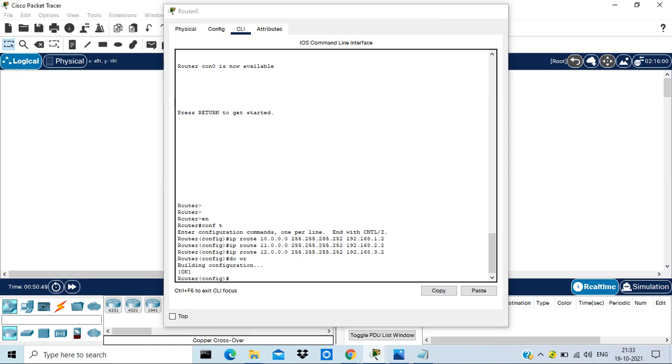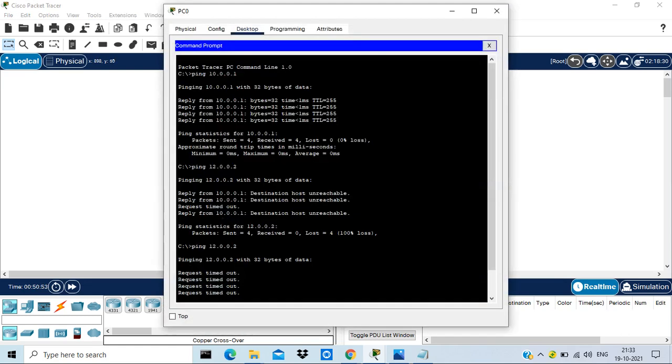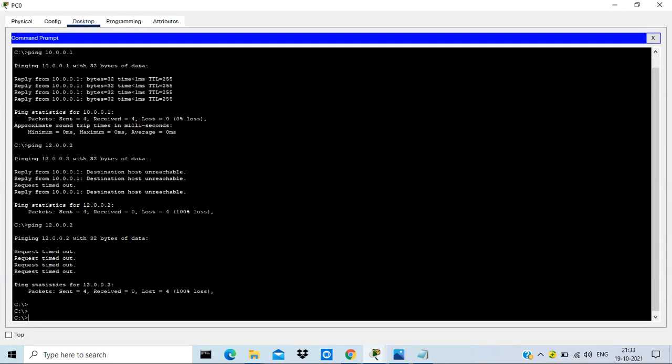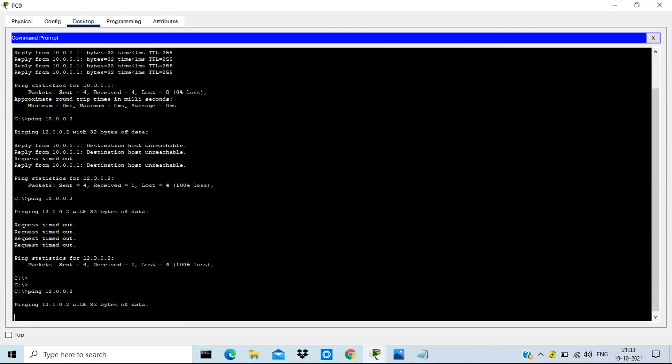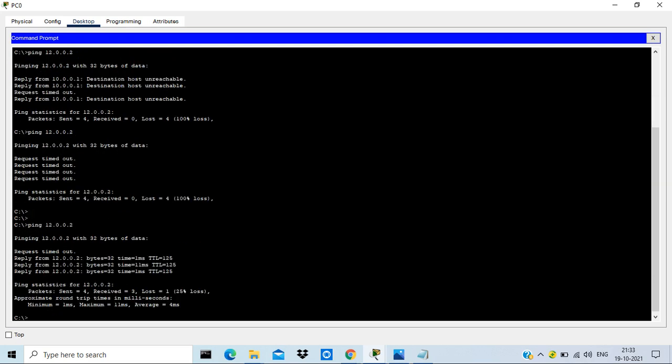Now I will again check that ping from PC1. So now we are getting the ping from the first PC, that is PC1, in the branch 1 to the FTP server.